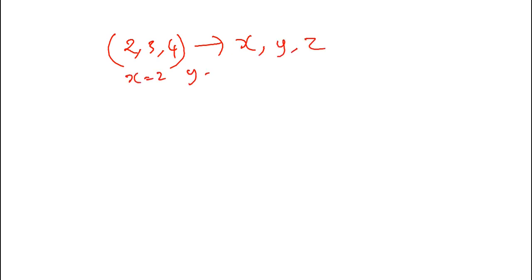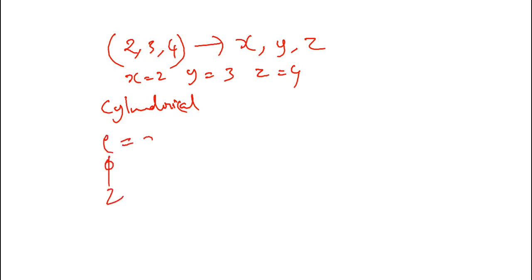So if 2, 3, 4 are the Cartesian coordinate system points, respectively x, y, z, then x is equal to 2, y is equal to 3, and z is equal to 4. So this is in Cartesian. Now if I want it in cylindrical,